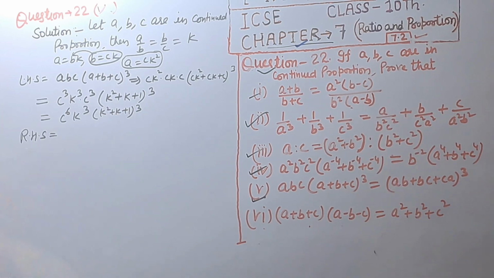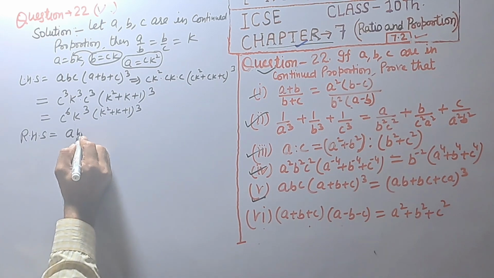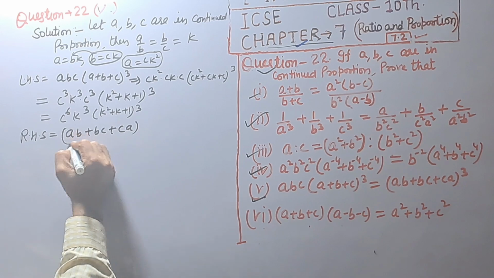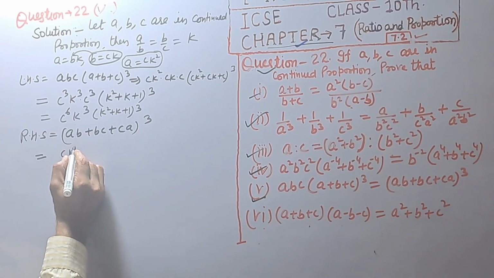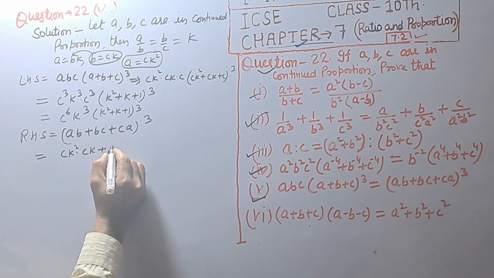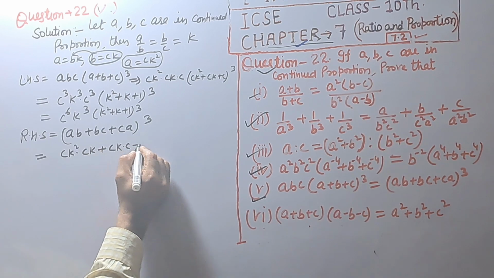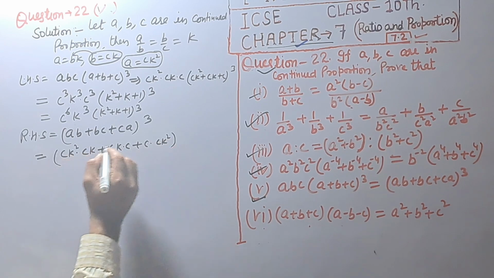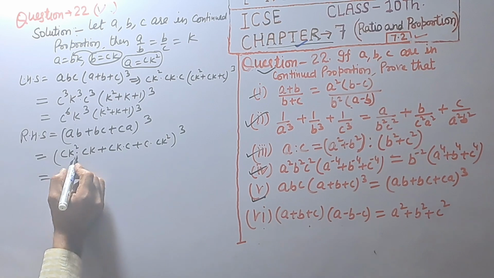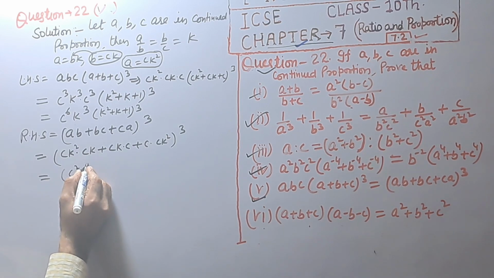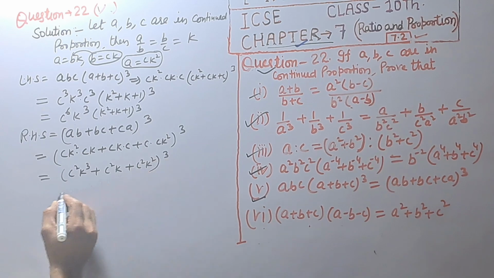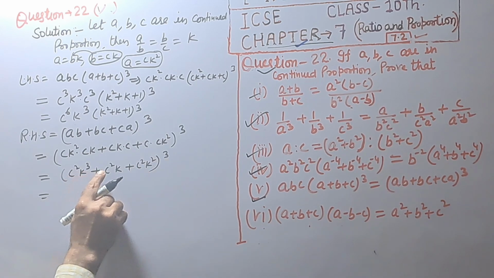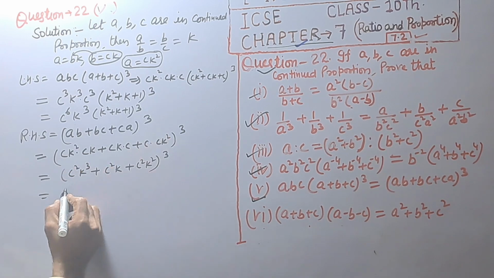Left hand side solved, and right hand side is equal to ab plus bc plus ca raised to power 3, that is equal to a is equal to ck square and b is equal to ck. ab plus bc plus ca is equal to ck into c plus c into ck square raised to power 3, that is equal to c square k raised to power 3 plus c square k plus c square k square all raised to power 3. c square k is common, so power will be c raised to power 6 into k raised to power 3,